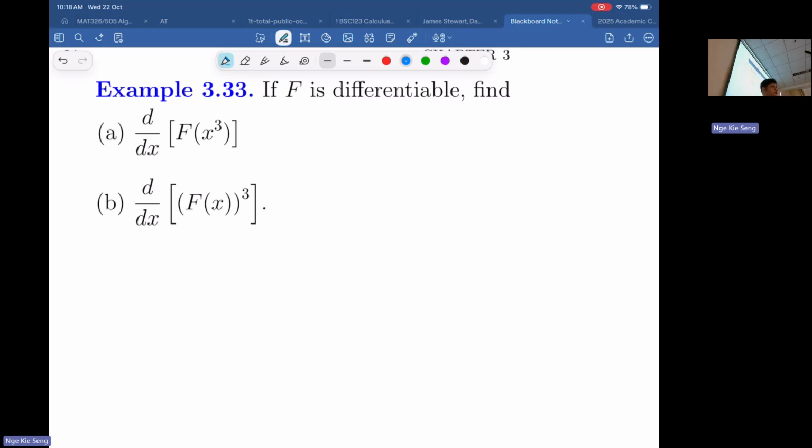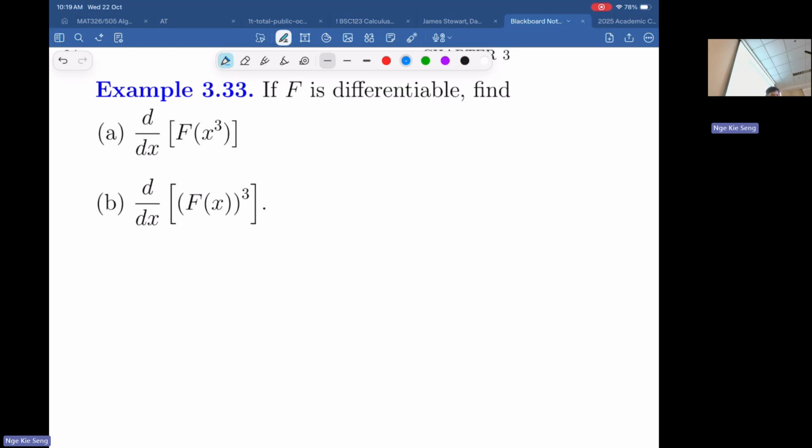First of all, f is differentiable. Second of all, you see that inside f is not x anymore, it's something else. Usually you see f of x, right? But here is f of x cubed. So you should think of this x cubed as the power of x. But power of x is another function, a power function. So actually, in this case, this is a composite of functions.